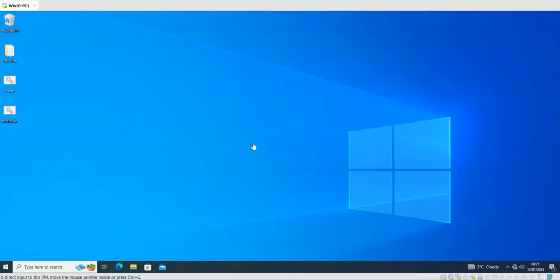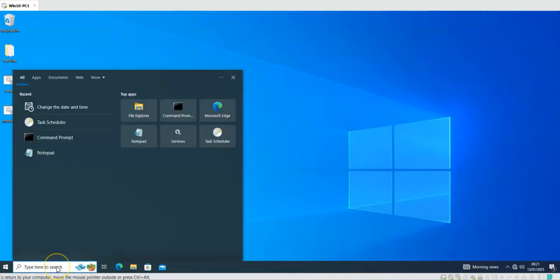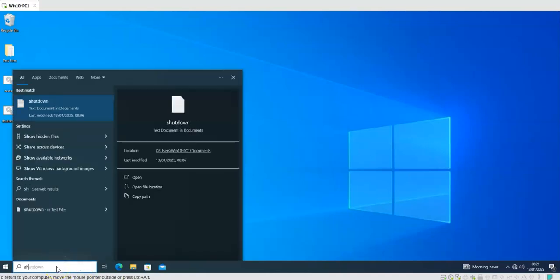Hello and welcome back. This is the second video of the Windows batch file creation, which we want to use for restart and shutdown. In the previous video, we created those two files and then we tested them, but now we want to automate using the Windows scheduler. So from the search, if you just check scheduler,